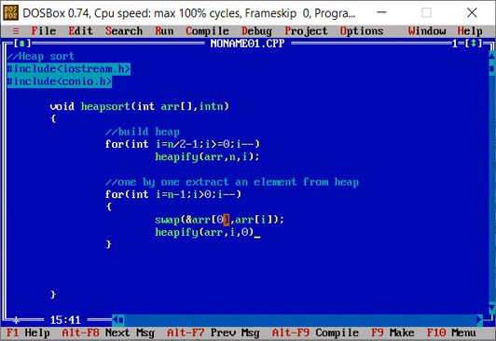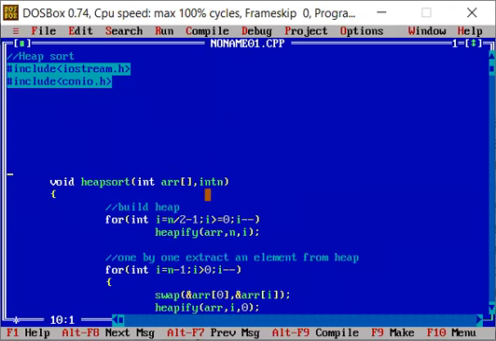So here we'll write for the last element. Okay, so size is i now. Whatever is i here, that will be the size for the heapify procedure. Okay, so I'll end this for loop and this heap function. Now we need to define two more functions, swap and heapify, and print array also. So we'll go to the heapify procedure now.